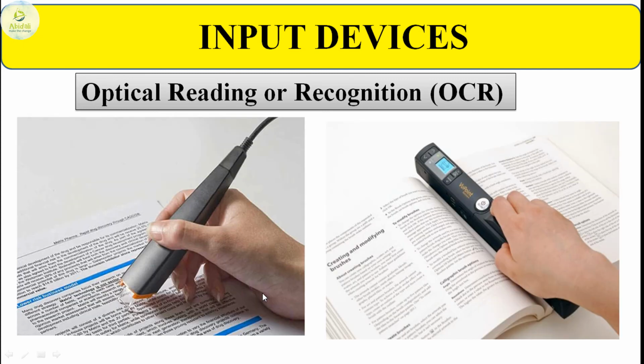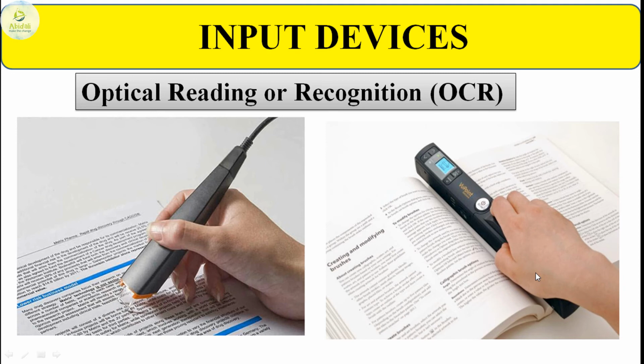So this is the diagram that shows you the device, the OCR, which is going to scan the entire document. There are two versions of this input device. One is going to read one or two lines, or a piece of lines, whereas the other can read the entire page at once. The only thing you need to do is place the scanner and slowly move it towards the right or towards the left when you are scanning.